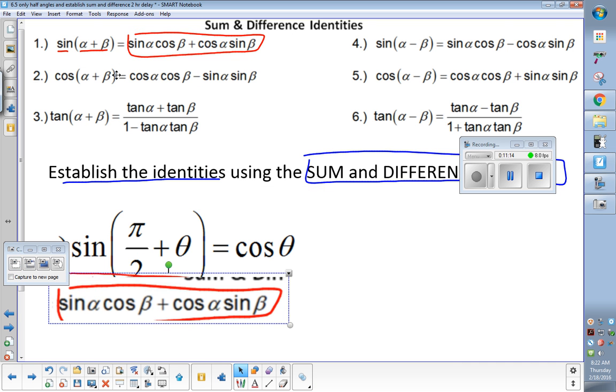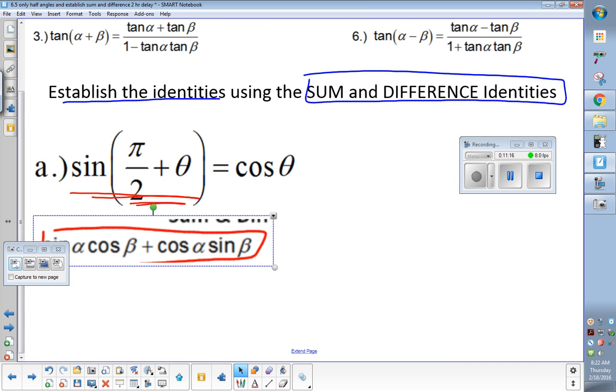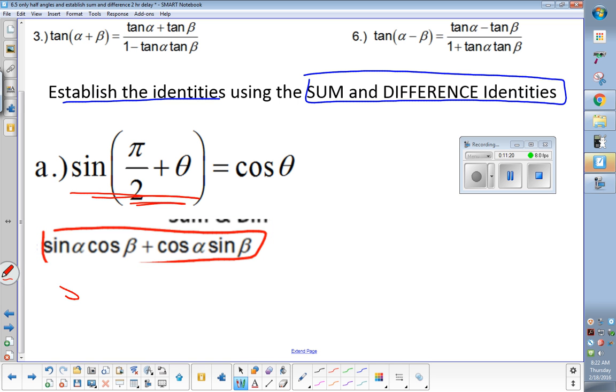So we're replacing the left side. We're going to take this out and put this in its spot. So it's going to be the sine of alpha, which in this case is this pi over 2 thing here. This is my alpha. This is my beta. So sine of pi over 2. And then cosine of beta, which in this case is theta,